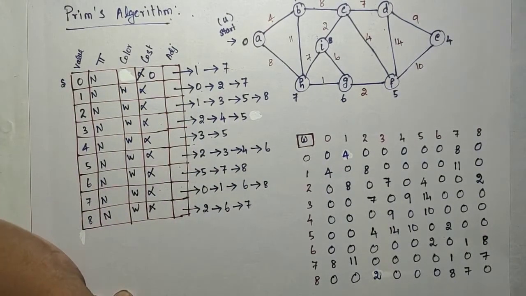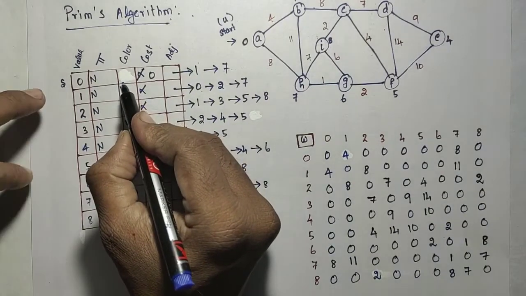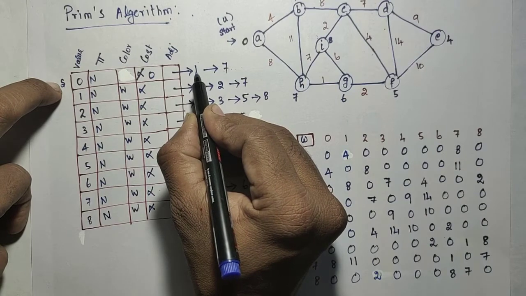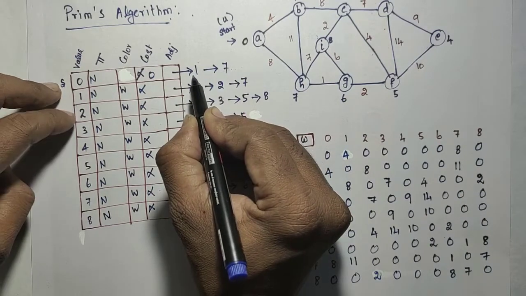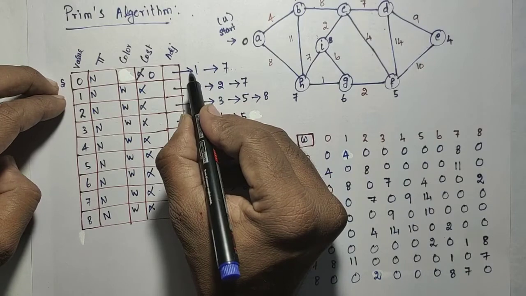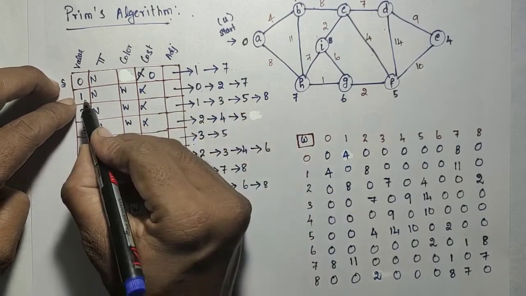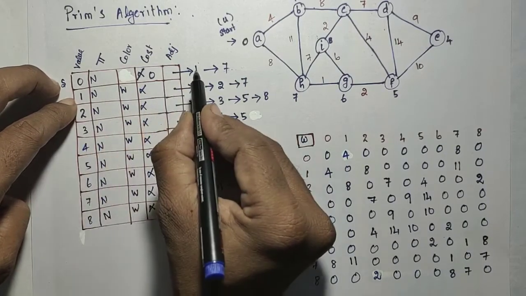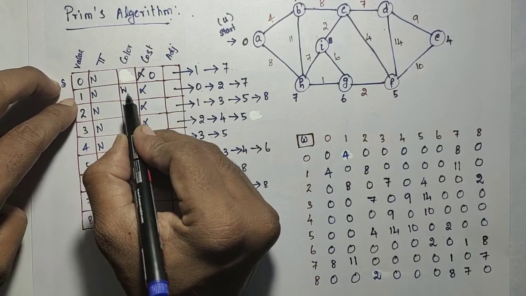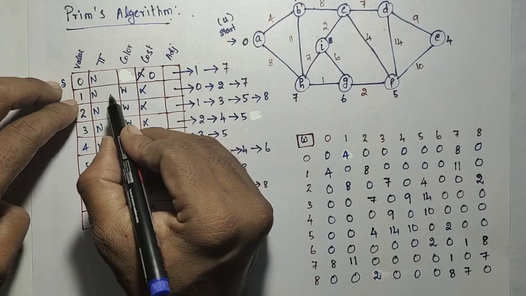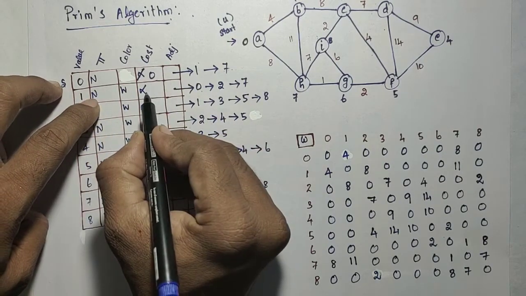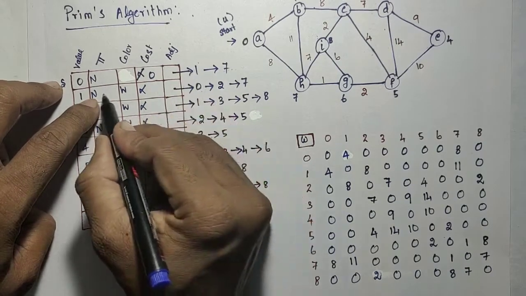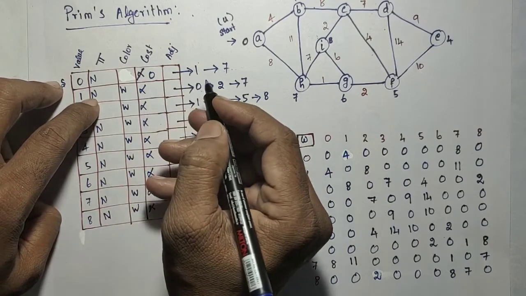So the procedure now is this. The color is white, so what you need to do is look at the adjacent vertices, 1 and 7, one by one. You go to that one, don't visit it, just update the cost and the parent. Check whether it is visited. If it is not visited, update that cost and then the parent if needed. If it is needed means, based on the cost you have to update; otherwise no need to update it.